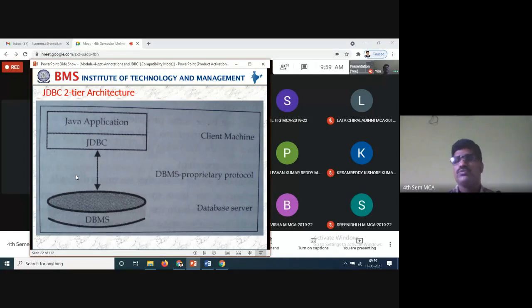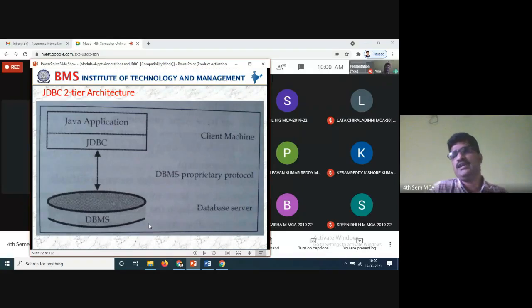That means whatever operations we are doing, we have to store. For example, in C++, what you did was internal marks, but we didn't store them anywhere. We just calculated and learned the logic there, that's all. But here, we need to store the information. So now the client machine is there. This is the client, whatever we are doing. So these are the DBMS proprietary protocols and the database server backend.